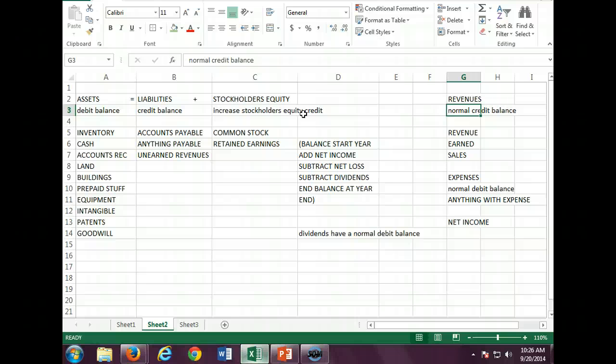But expenses take away. So what is a normal expense balance? It's a debit balance. So a debit balance in the expense is going to increase your expense. But ultimately it's going to take away from stockholders' equity, because what's the normal balance of stockholders' equity? Credit. So when we increase our expenses, we're going to debit the expense, but it ultimately reduces stockholders' equity. Does that make sense? Next,